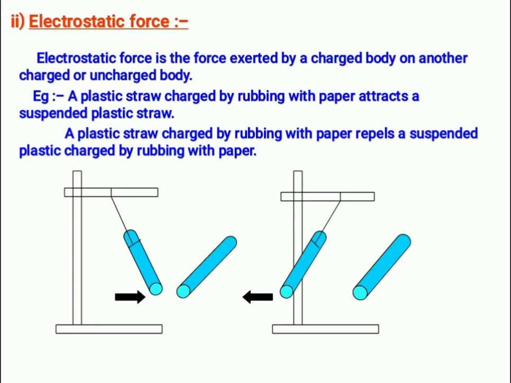If it loses an electron, it gets a positive charge. If it gains an electron from another body, it gets negatively charged. Understood, students? This is what happens in non-living things. It may be plastic, especially plastic, or rubber. For example, a balloon.